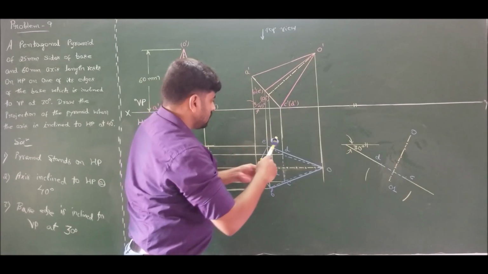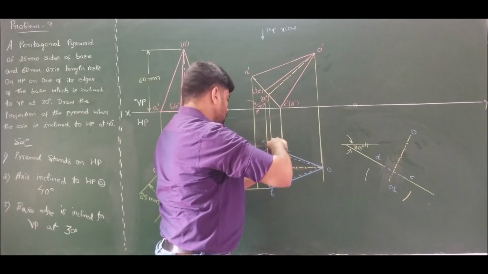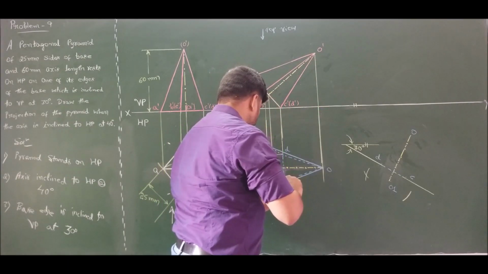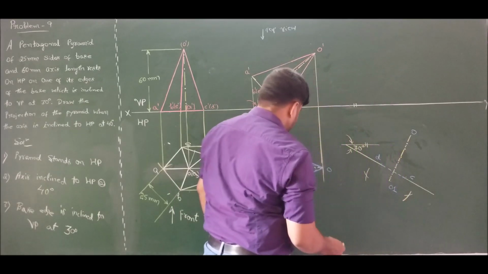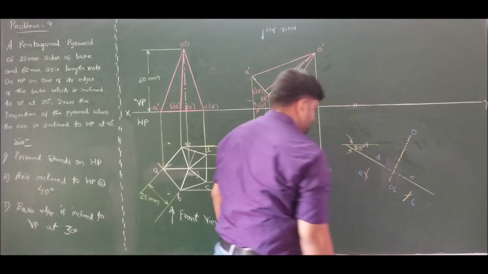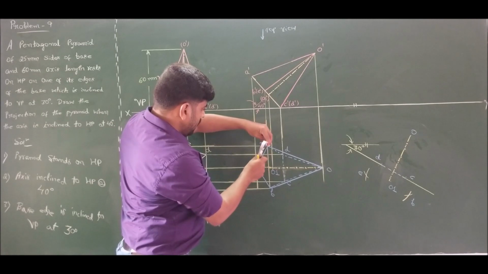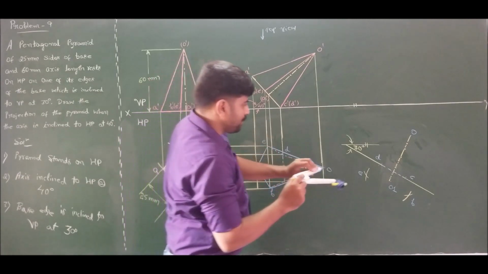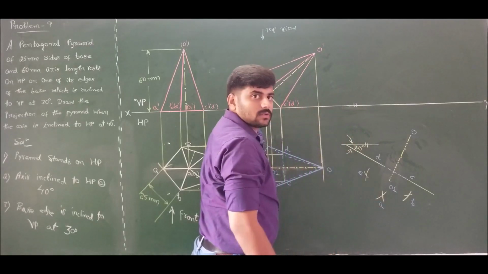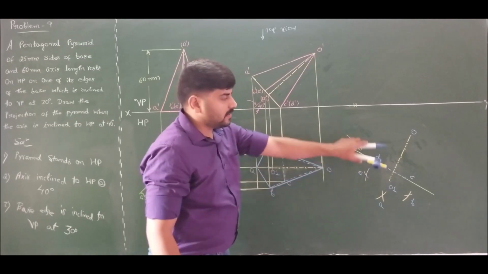Similarly, measure D to E and C to E, and also measure C to B. Thereby I transferred corners E and B. Now measuring E to A and B to A, transfer it. I transferred corner A also. Now connect all the corners with visible and invisible edges and finish the drawing.